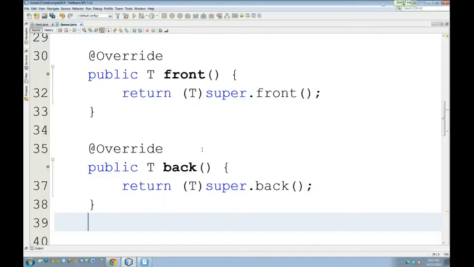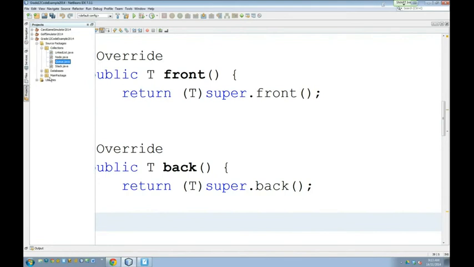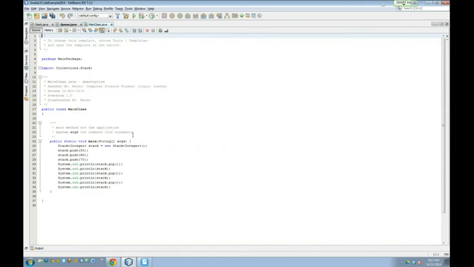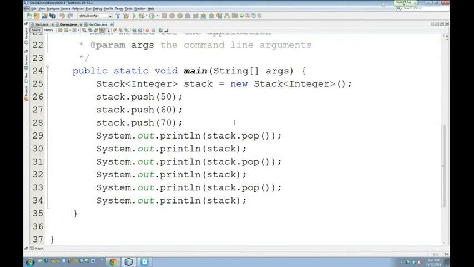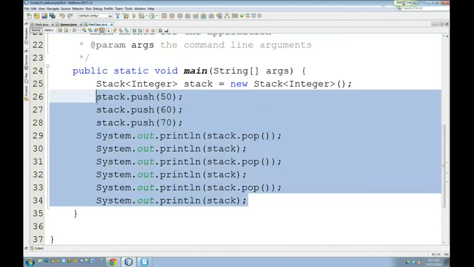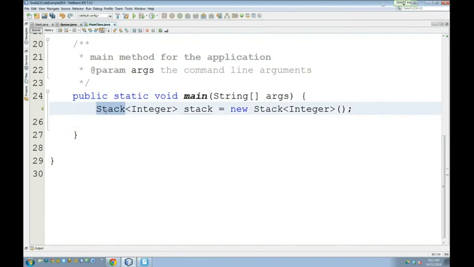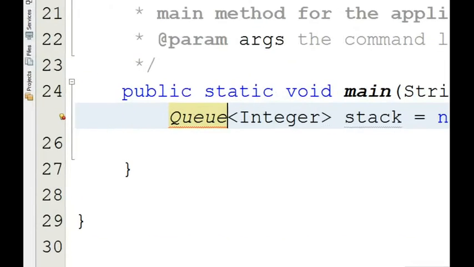So let's put it to the test. Let's put the Q to the test. So let's go to our main package and our little main class that we have in our main package. And this was us testing the stack, and it seemed to work. Okay? So I'm just going to delete some of this code and switch the word stack to Q. So Q stack. Now this will require an import. Make sure you are importing it